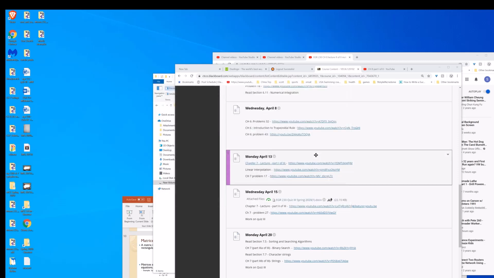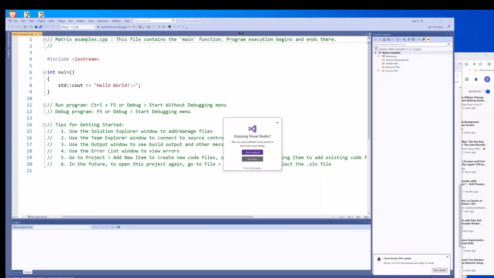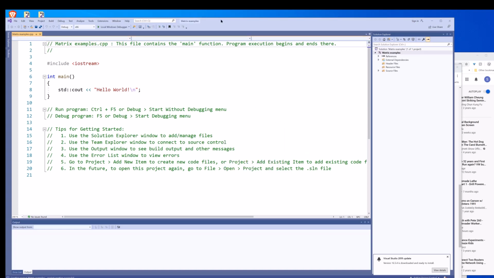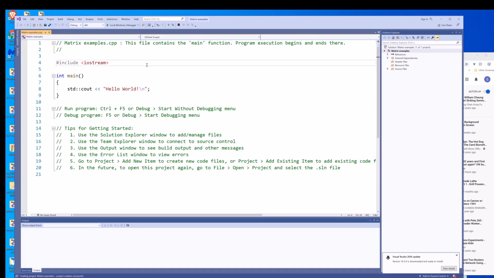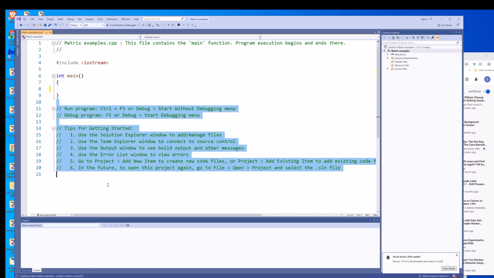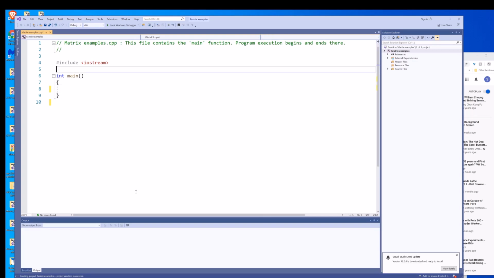And what I'm going to do is I'll write some code to do two operations that I talked about in the lecture slides. One is the transpose and the other is matrix addition. In this example, I'm just going to perform the operations without reading in information from a file, but you could read it in from a file. So let's see, iostream, using namespace